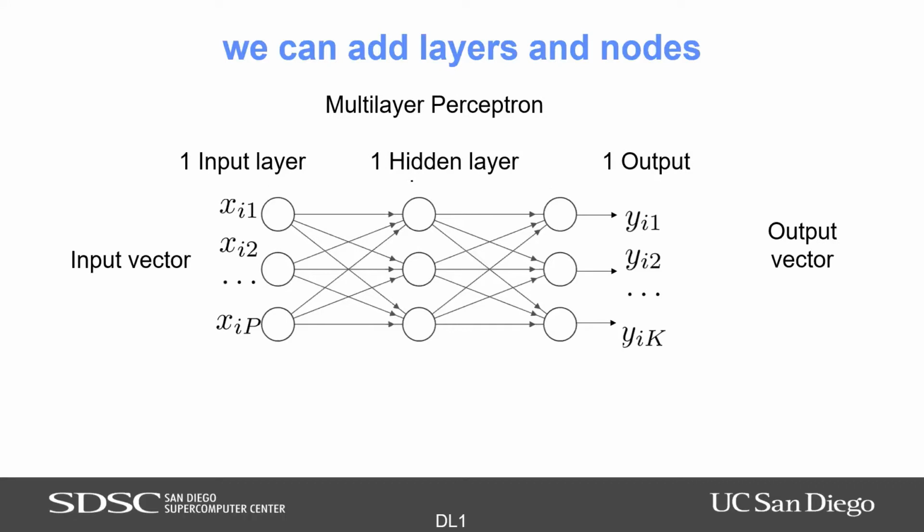Okay, so we have an input layer, a hidden layer, and an output layer. Again, the input layer can be vectors. If you have a matrix with a certain number of features, let's say it's n by p, one row of the matrix, an individual observation, would be your input. Your output would be one or more output values. So it could be a multivariate output, it could be a single output. And of course, when I draw a network like this, each line is basically a weight parameter. I'm not drawing a bias, but each node is also going to have a bias parameter.